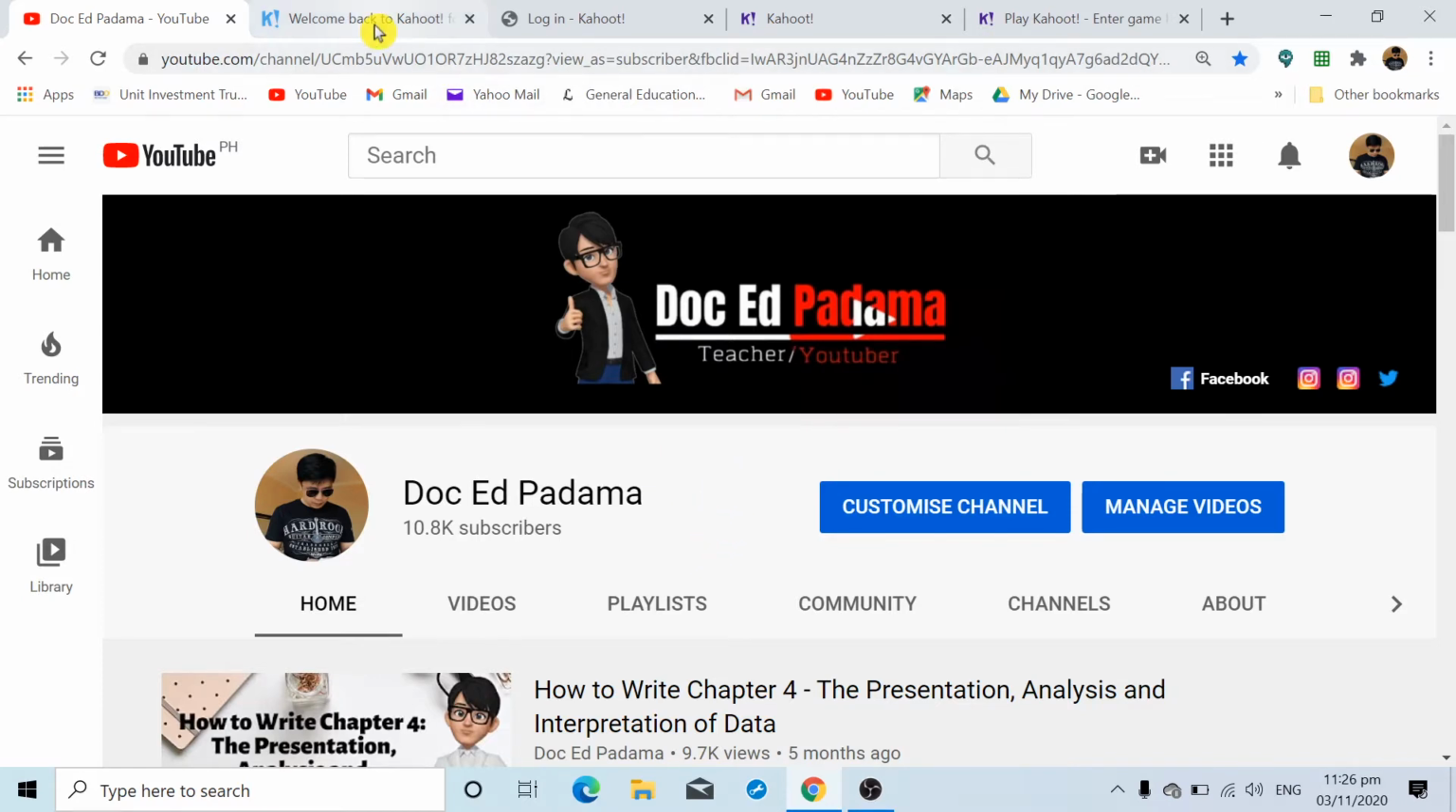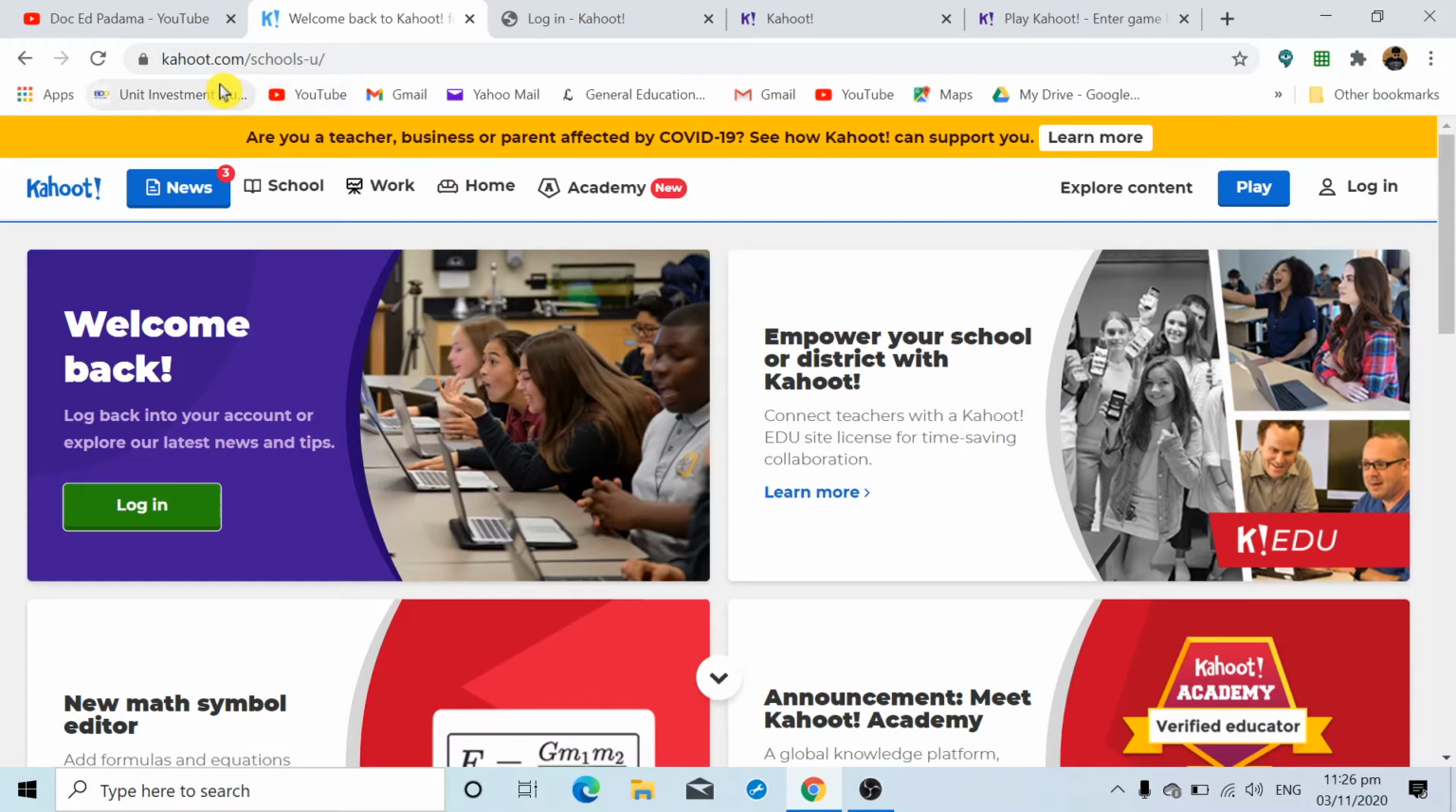So let's start. In order to go to the application, you just type kahoot.com and then you will be diverted into this screen. Now, in order to use the features of Kahoot, you need to create an account and then you log in. So when you create an account, you will be prompted to enter an email address and you